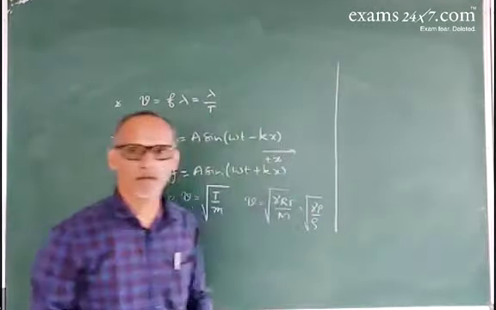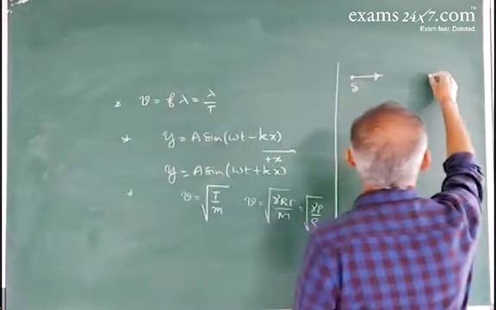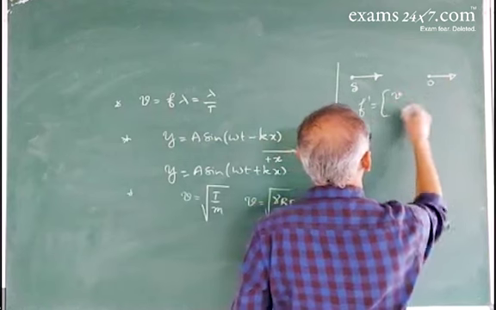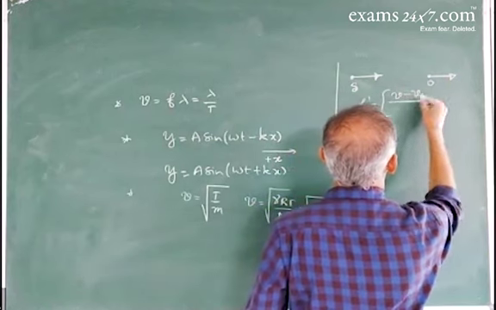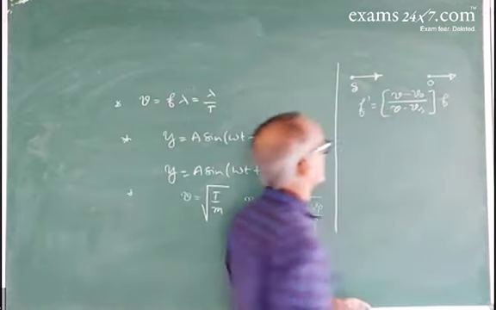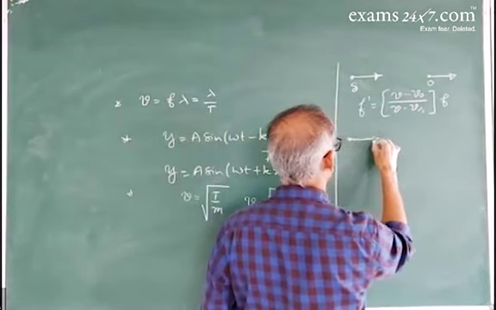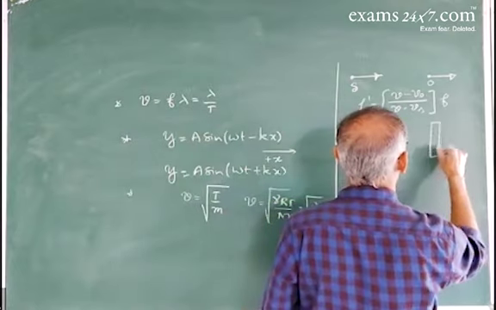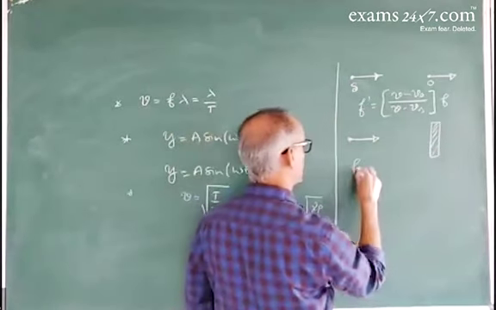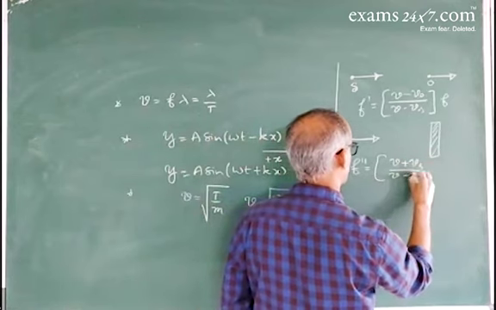In the concept of the Doppler effect, when a source moves towards an observer moving away, the apparent frequency f dash is equal to v minus v0 by v minus vs into f. And one more case is where the source moves towards a stationary wall, the apparent frequency of the reflected sound is given by v plus vs by v minus vs into f.